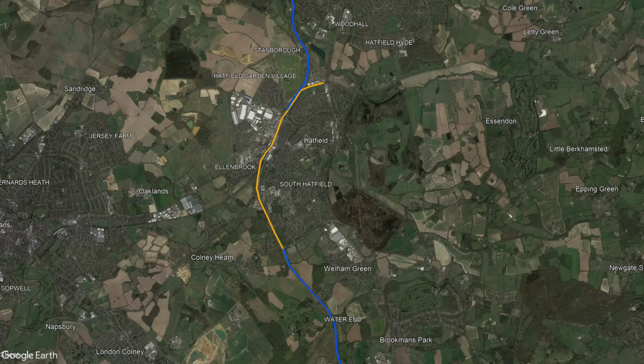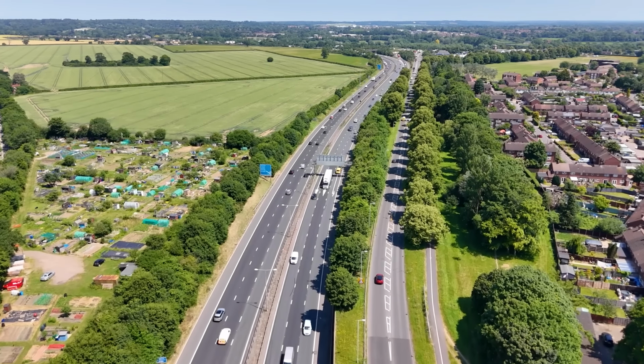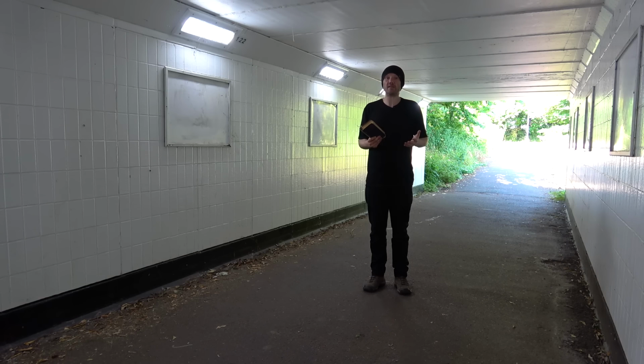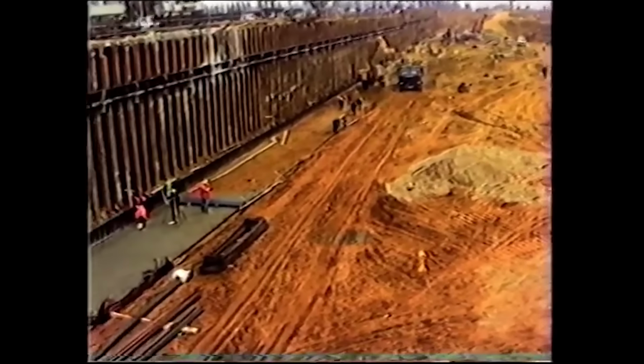Except in Hatfield, where it remained as the 1920s A1, but now with motorways at either end of it, which of course is a stupid idea, but it wasn't as simple as just connecting up two sections of motorway. To do so would have resulted in the mass demolition of Hatfield. Not necessarily a bad thing, but at the time this wasn't really desirable, so instead a tunnel was built underneath